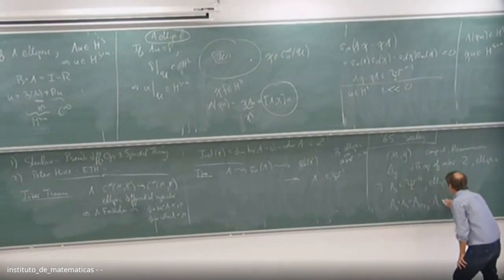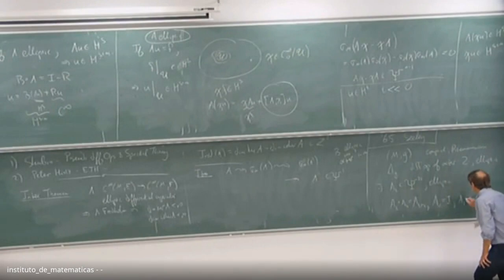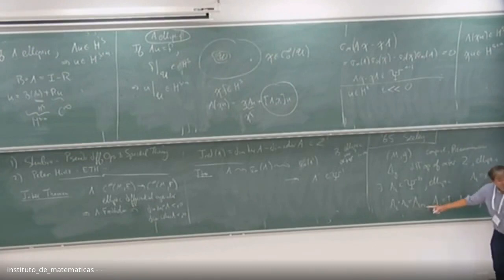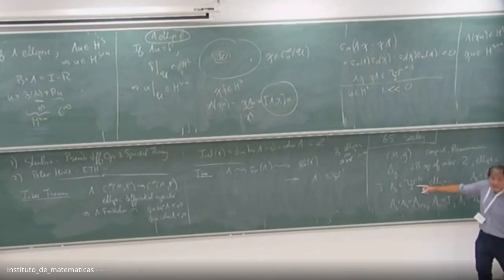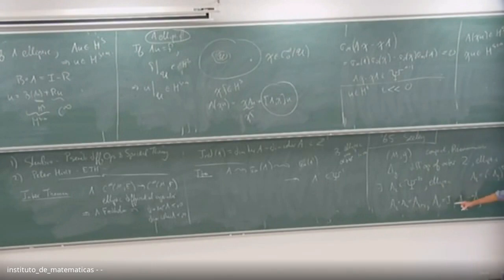A sub 0 is equal to the identity. A sub 1 is equal to the Laplacian. Let's say minus the Laplacian. So namely, A sub t is equal to minus the Laplacian sub g to the power t. So it's the power of the Laplacian. Okay, it's a semigroup, so this is dead on the nose. This is an exact formula, no remainder terms. So we actually defined a family and we identified every one of these powers of the Laplacian as pseudodifferential operators. And they form the semigroup property.